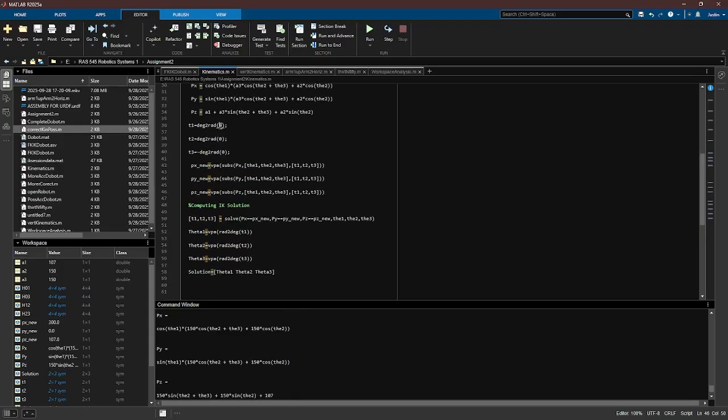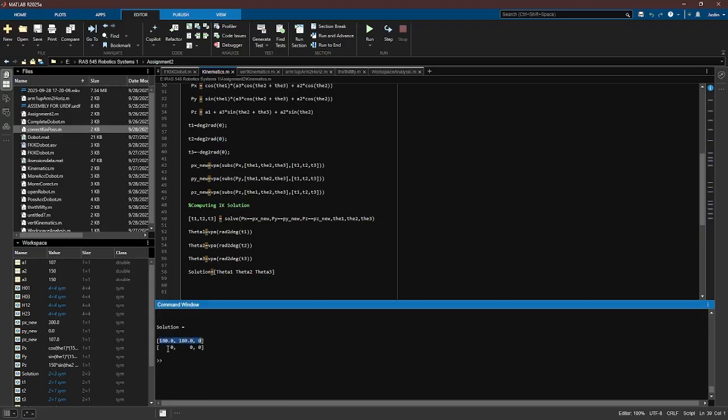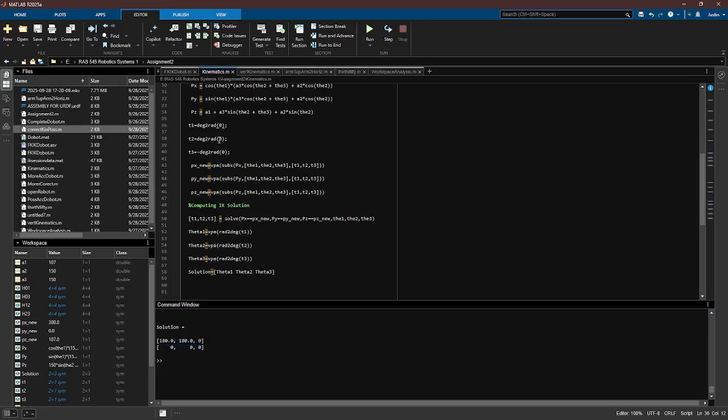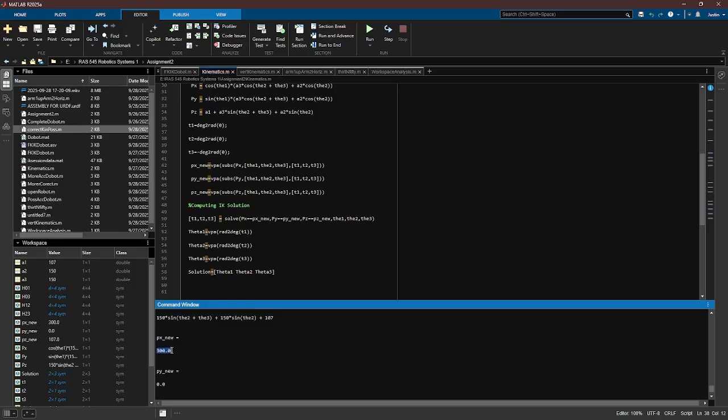And so I put in 0, 0, 0 for the forward kinematics, and the solution for the inverse kinematics gives us 180, 180, 0, or 0, 0, 0, which means that I could have placed 180 in the first and second theta values, and we would have gotten the same location, which was 300 in the x and 107 in the z